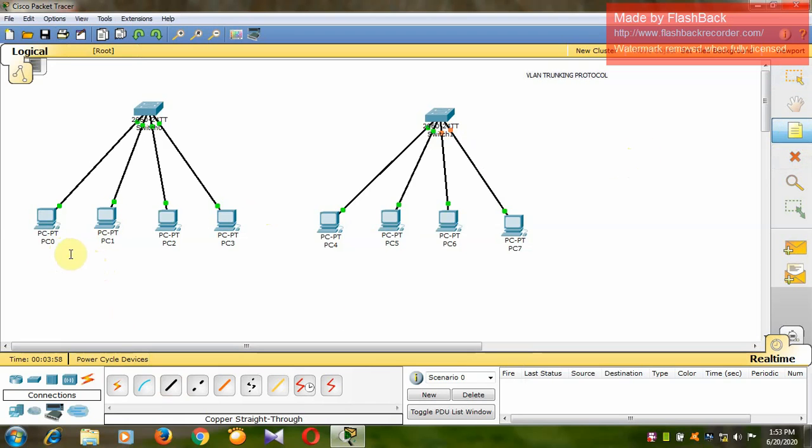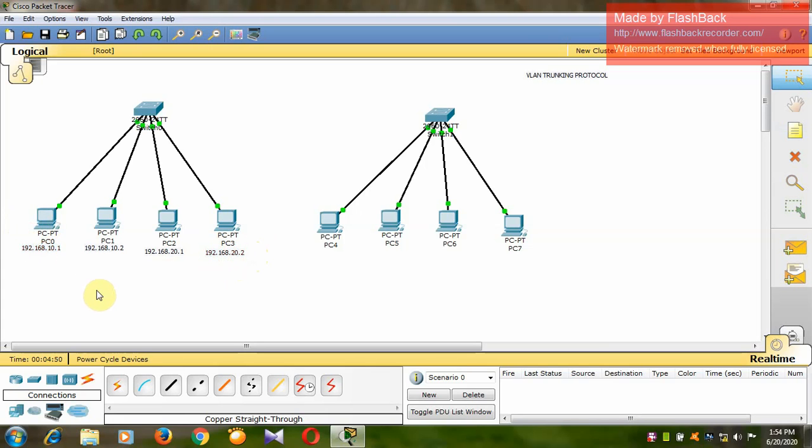I will take 192.168.10.1 for PC0, and 192.168.10.2 for the next one. Similarly, I'm going to take the 20 network: 192.168.20.1, and for PC3, 192.168.20.2. So here I have assumed some of the IP addresses.